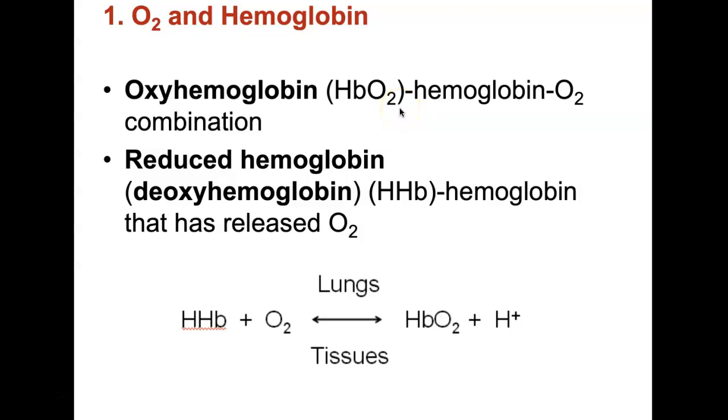Hemoglobin that has released oxygen is called reduced hemoglobin or deoxyhemoglobin, and is typically written capital H, capital H, B. A single reversible equation describes the loading and unloading of oxygen. So when you have the deoxyhemoglobin that binds to oxygen, or we should say that oxygen binds to deoxyhemoglobin, we know this as the loading